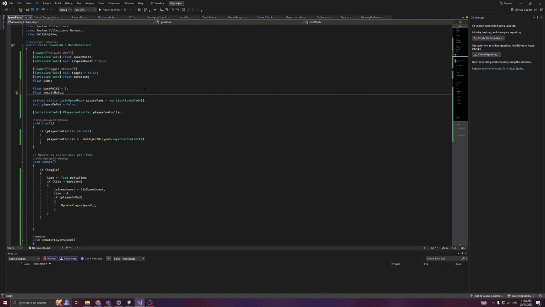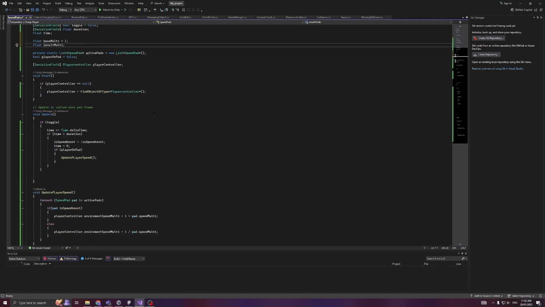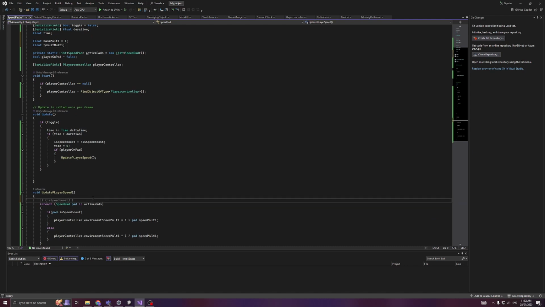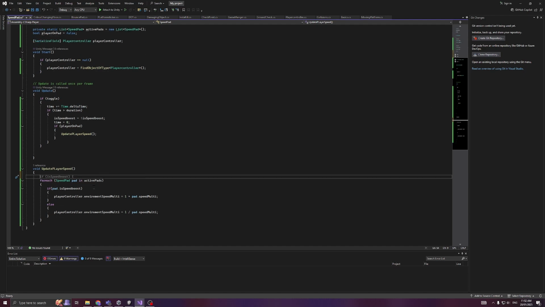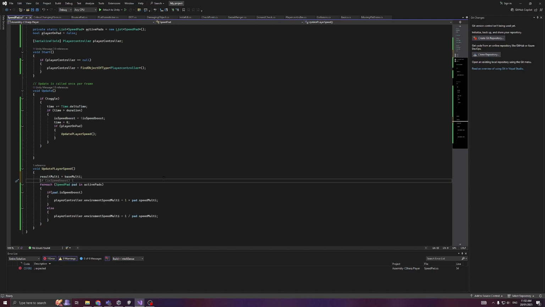Okay. So let's set on the start of this result multi equal to base multi, base multi should never be adjusted. So we do that, and then here instead, let's set result